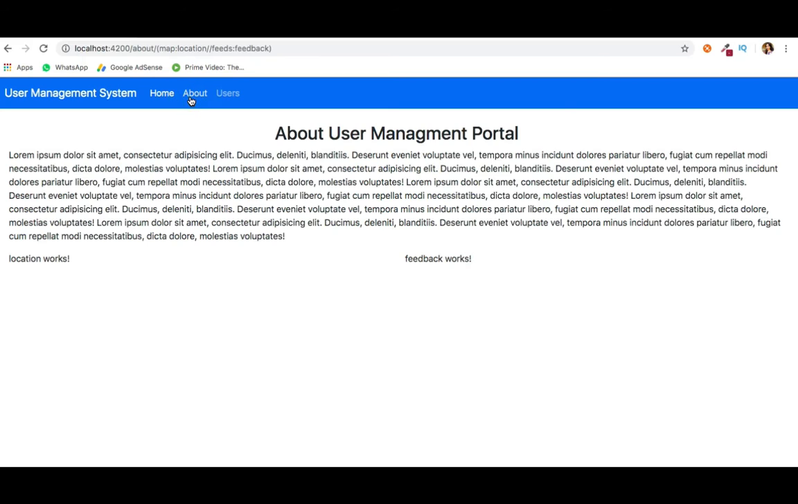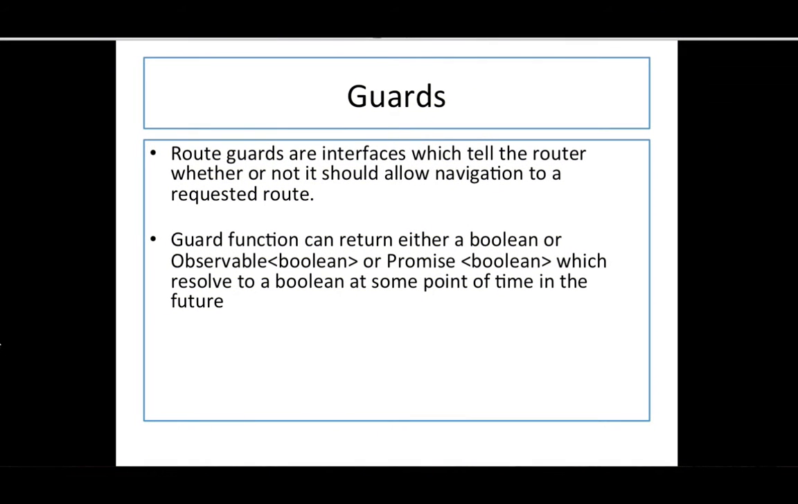So I have given you a few examples where we can use guards, but there could be so many other reasons. Guards in Angular are interfaces which can tell the router whether or not it should allow navigation to a requested route. So if all guards return true, navigation will continue. If any guard returns false, navigation will be cancelled. So if we talk about guards, guards only work on Boolean values. If a guard returns true, it means the requested route can be navigated, and false means we cannot visit